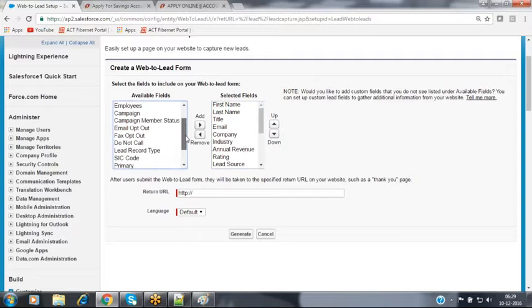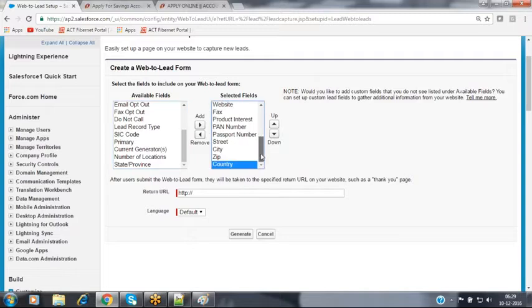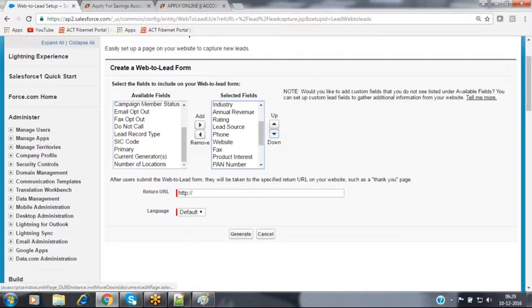So these are the fields information that I'm expecting right now here. Now here I want to provide all these fields inside that.